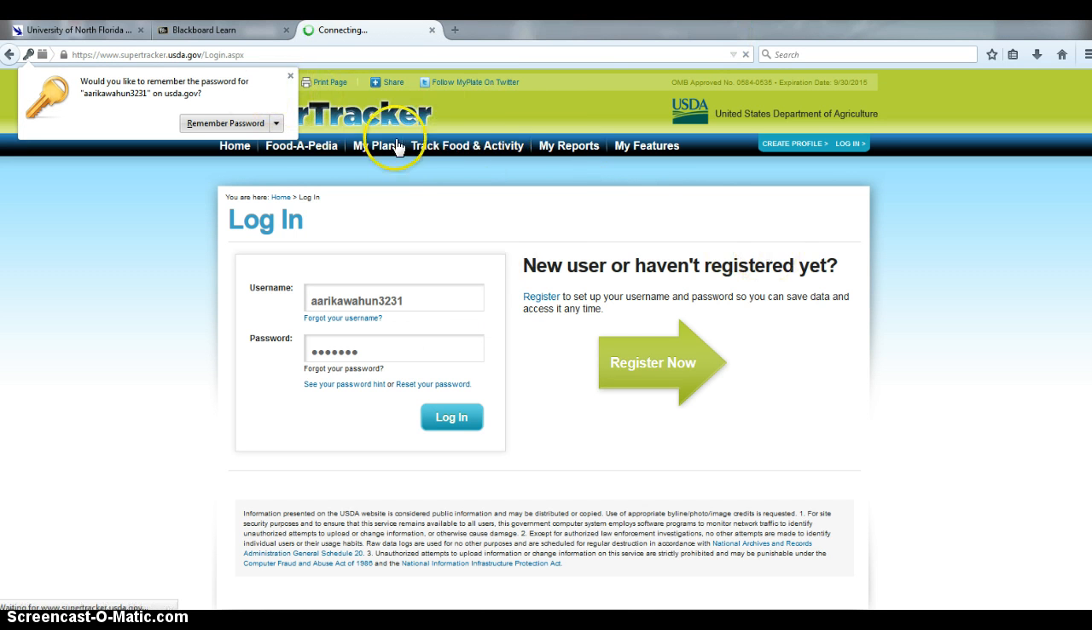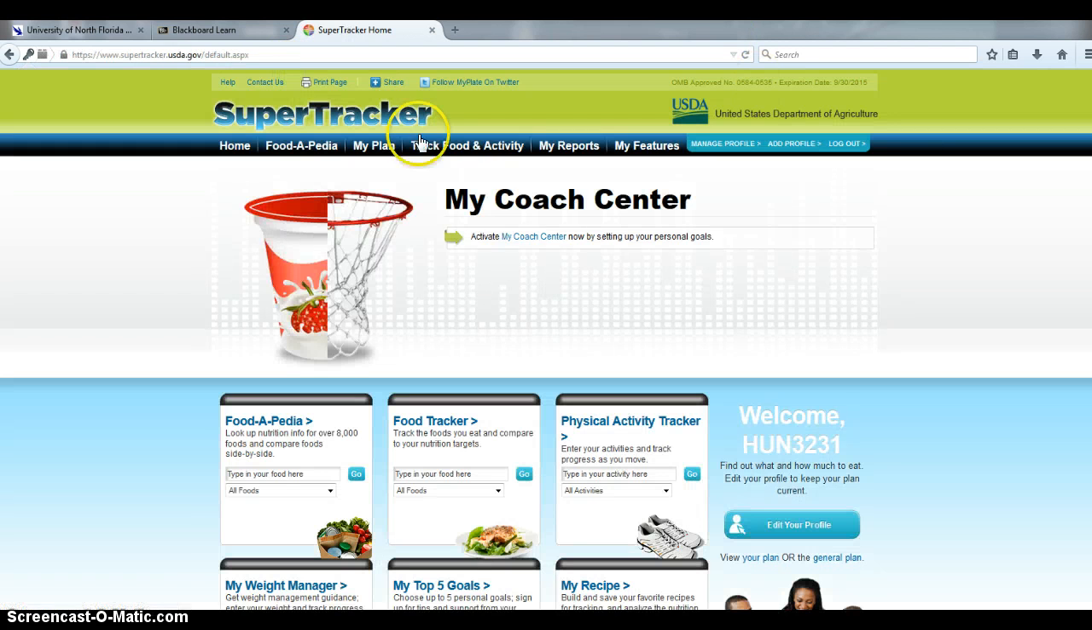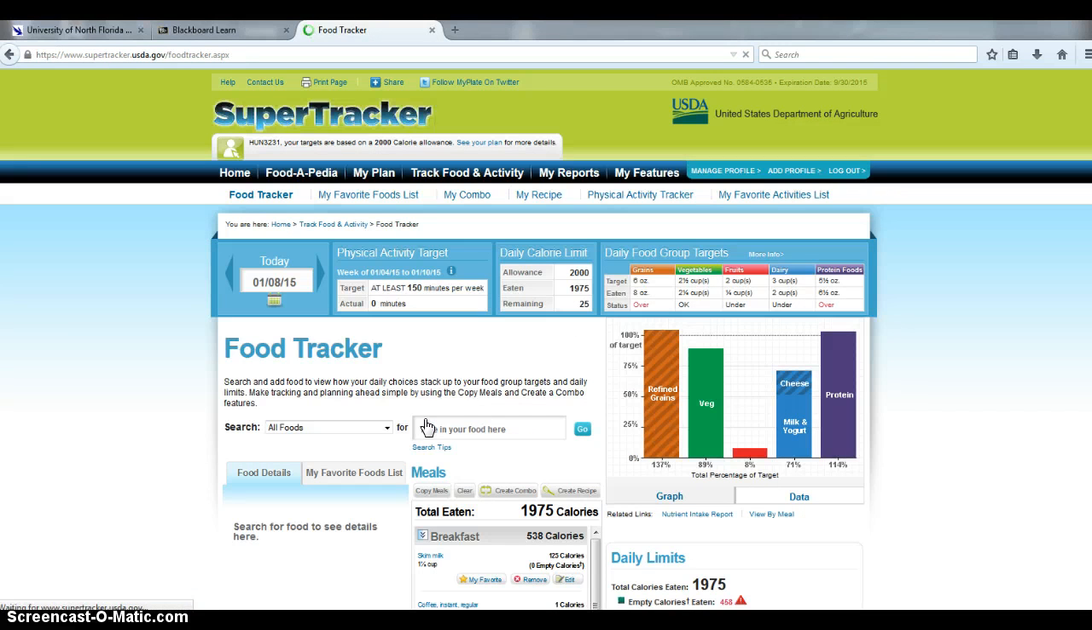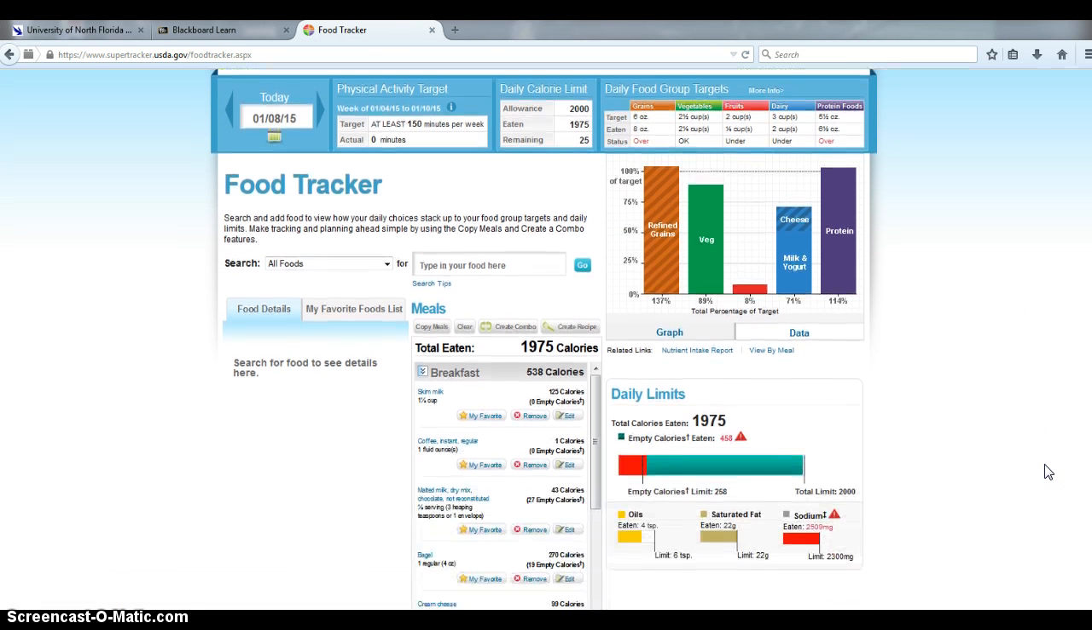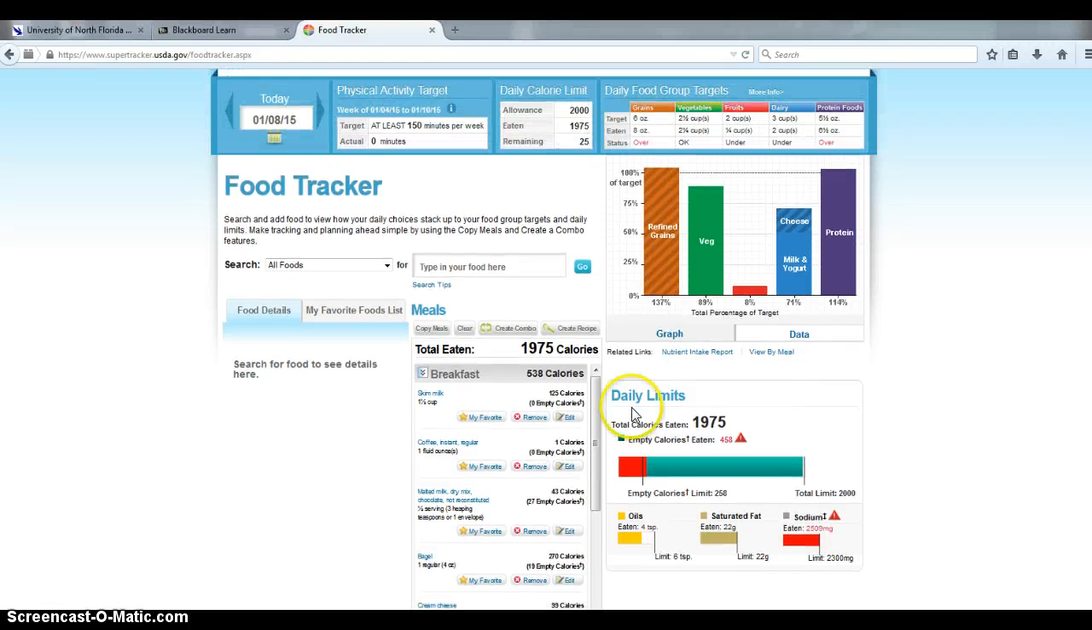So once you log in, you get to this main screen, and to start adding foods, you just go on Food Tracker. I have already added a bunch of foods, and I just wanted to show you that it's very simple. If you haven't used this before, you just go into this blank space here. You add a search tip. For example, if you had water, you just look for it, you click on go, and you see a few different